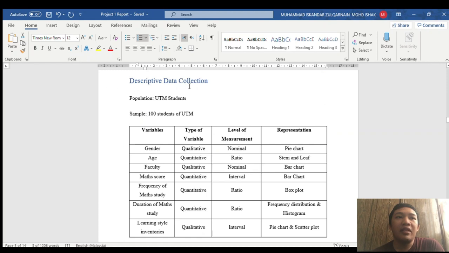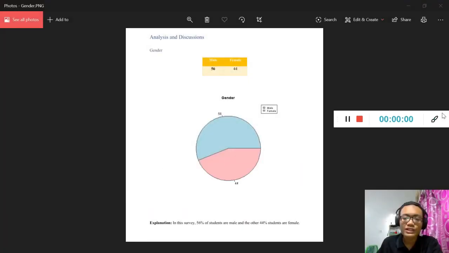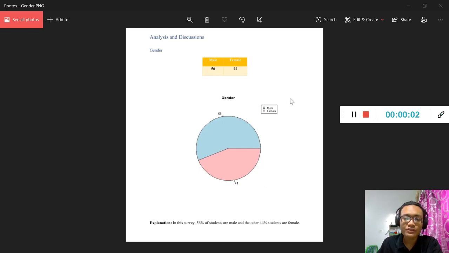Okay, so here are our descriptive data collections. We have variables, type of variables, level of measurement, and also representation. Here is our sample of UTM students. The population is UTM students, and our sample is 100 students of UTM. This diagram shows a pie chart of